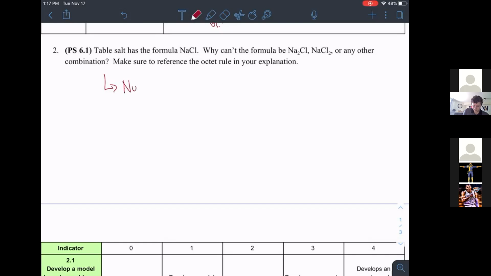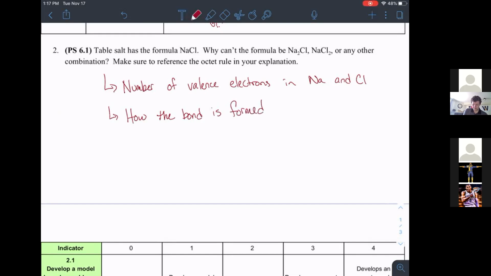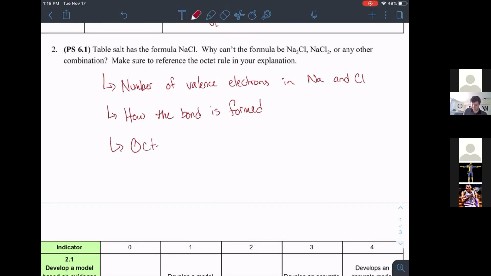The number of valence electrons in sodium and chlorine when they're by themselves, when they're just atoms. How many valence electrons they have, how the bond is formed, and then the octet rule. So in this problem, I was looking for those 3 things, or I was looking for you to state that